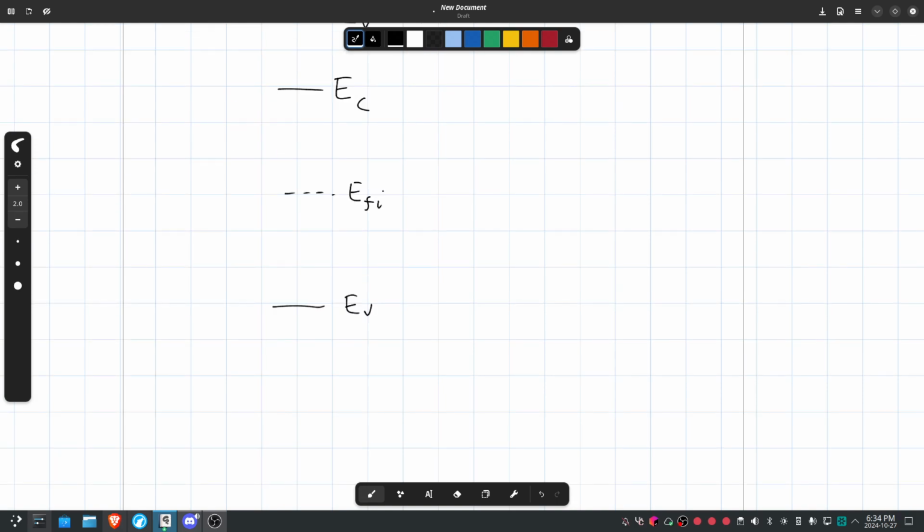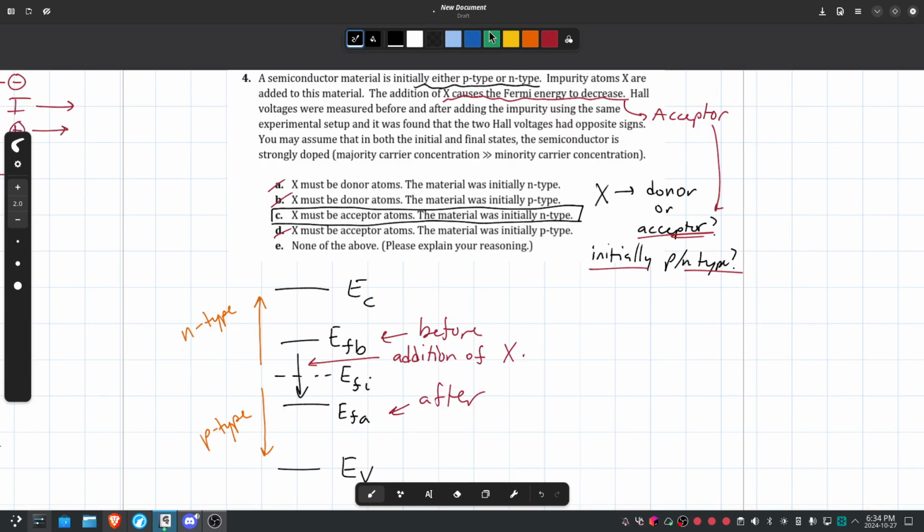Let's say that instead the question states that the sign never changed. Actually, we wouldn't know in that case. Based on this question exactly, yes, but that's purely because of this line here, that the two Hall voltages